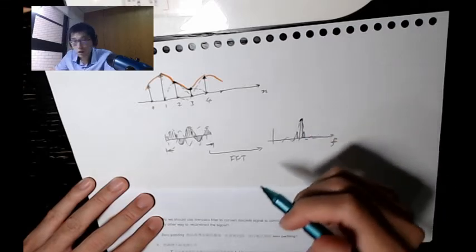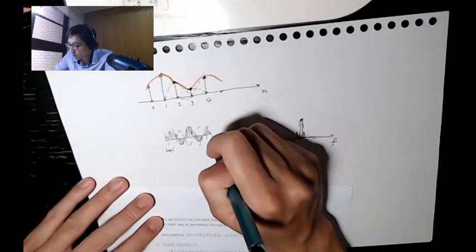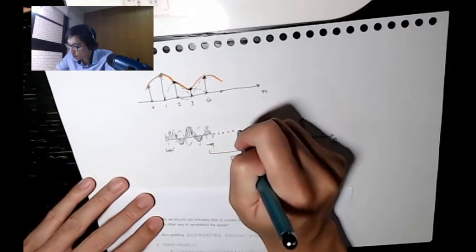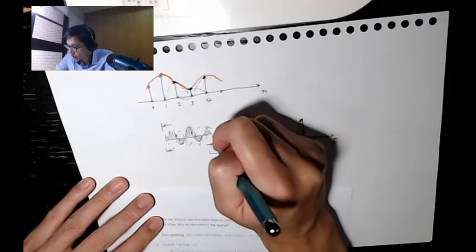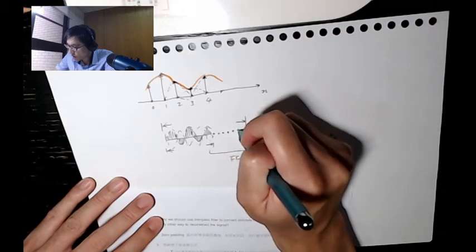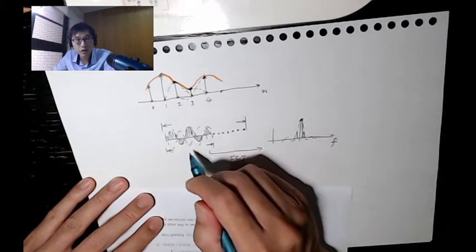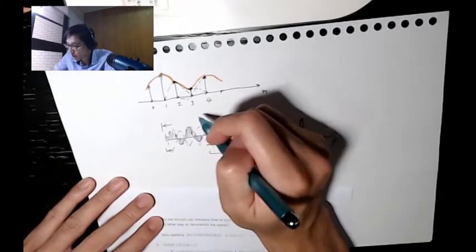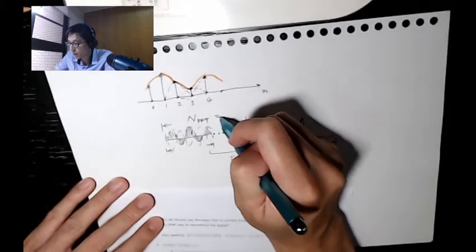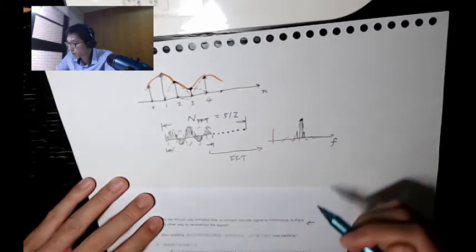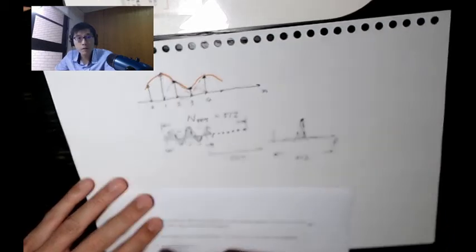But the benefit, let me just briefly say it because this is really out of scope of this course. If you just simply add zeros before doing FFT, just increasing the length of the block by adding zeros, what you gain is this: the length of the FFT is going to be exactly the same as the length of your signal in time, the block in time. So if the number of samples is, let's say, 512, then in the frequency domain you are also going to see 512 discrete points in the Fourier domain.